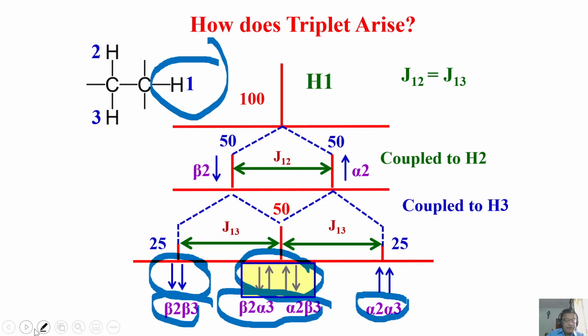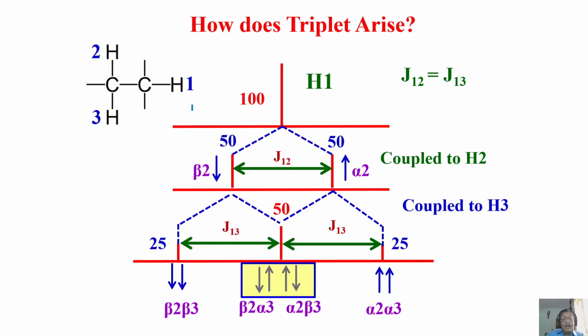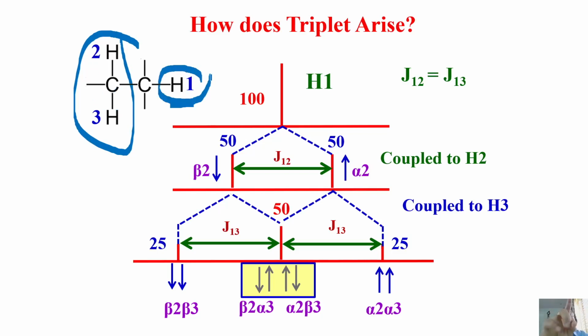I'll ask you, what happened to these two protons when it is coupled to 1? All of you should know. This is equivalent as far as when I am observing, I observe a single peak because these two are chemically equivalent spins, and now this is split by a third spin. It will just become a doublet, nothing more, because these two are indistinguishable. There is only one peak. You can consider it as a single compound spin, which splits with this one, this proton, and becomes a doublet.